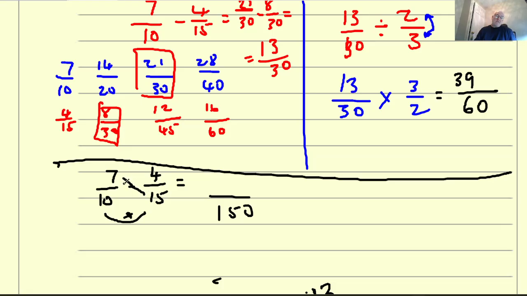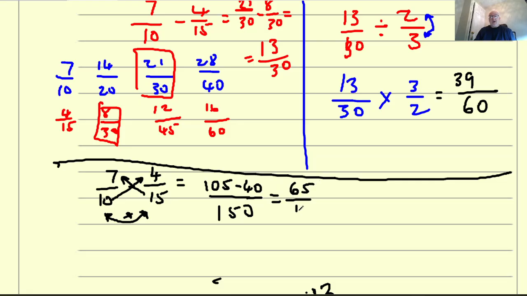If I'm then going to times this across, because I've times the 10 by 15, okay, I need to times the 7 by 15 to make that fraction the same. So 7 times 15, well, 7 times 10 is 70, 7 times 5 is 35, added together gives me 105. Subtract, and because I've times the 15 by the 10, I need to now times the 4 by the 10, and it's really important that these go in the same place on the top of the fraction. Okay, so 4 times 10 gives me 40, and if I subtract that down, 40 away from that gives me